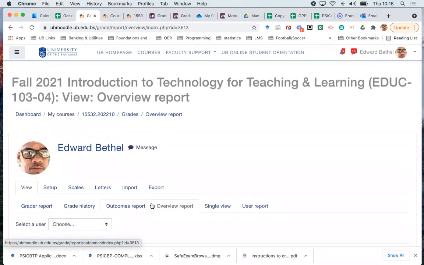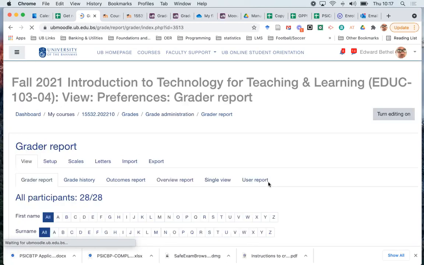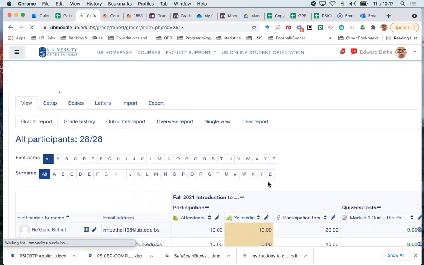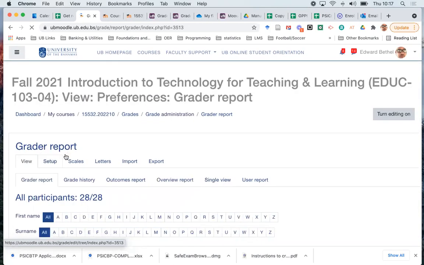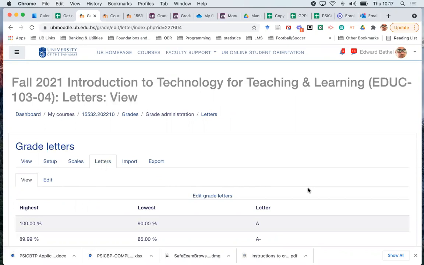So as I said, I typically don't use these three. Usually I just look at the grader report, single view, or the user report. Note also that once you're comfortable with navigating between the views, then you could go on to look at some of the other things. I'm going to skip straight to letters just to show you that you don't have to